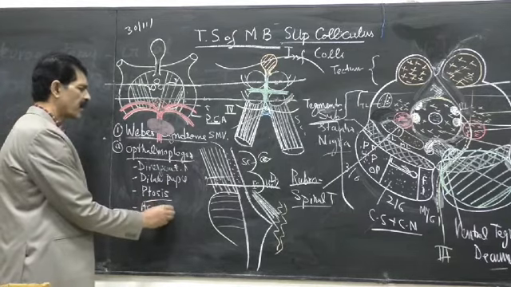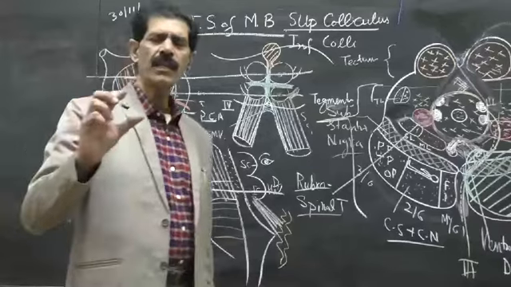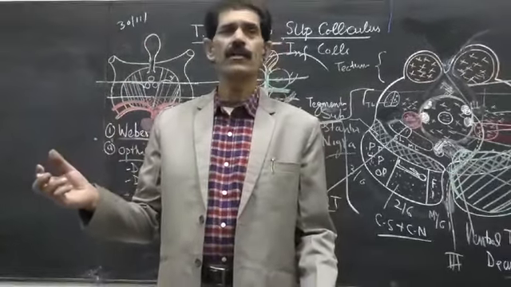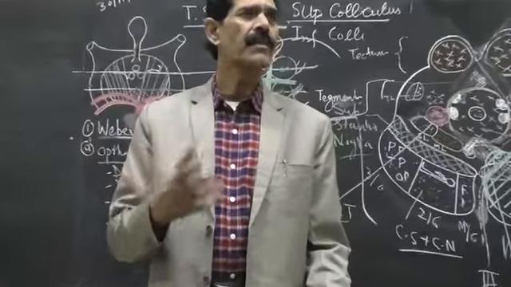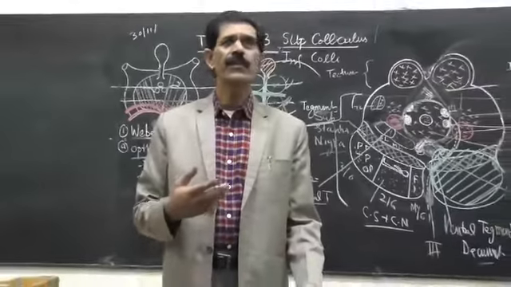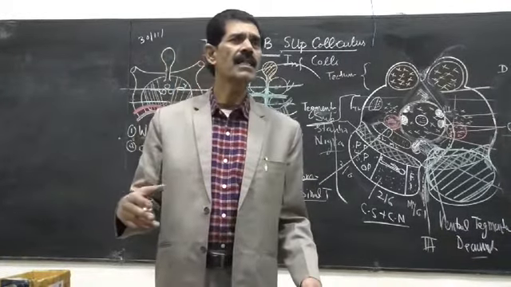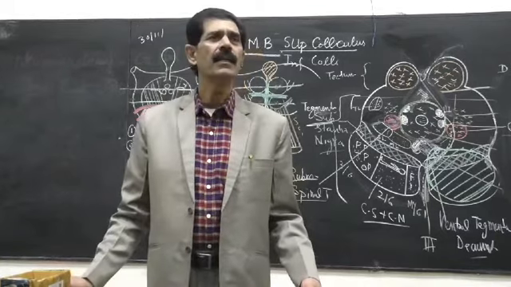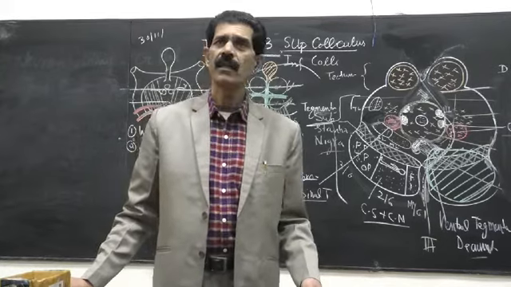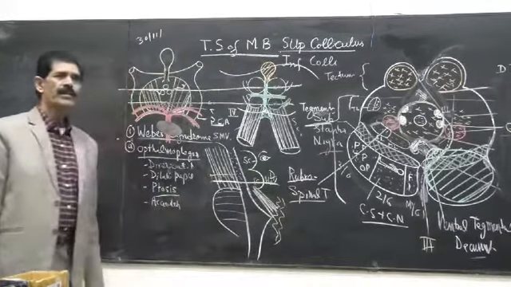Accommodation reflex is related to the changing of the thickness or the focal length of the lens of the eye, which is indirectly related to the ciliary body. Parasympathetic fibers are also supplying the ciliary body. So if the ciliary body is gone, then sympathetic fibers will take over the charge, and it will lead to the accommodation reflex loss. Ophthalmoplegia is the word we are using for the problems of the oculomotor nerve